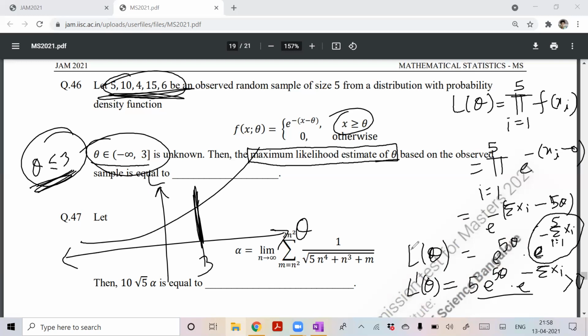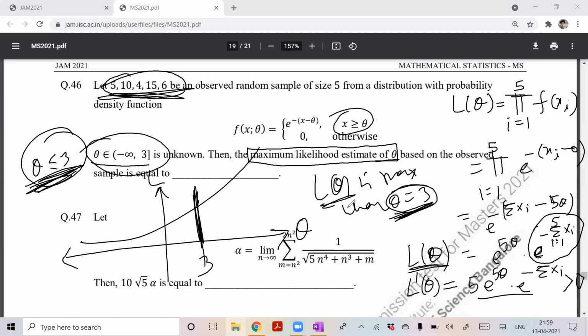So strictly increasing function means what? When theta increases, likelihood function increases. If function f(x) is strictly increasing, it means when x increases, y increases. So here theta can take maximum value 3. So L theta can take maximum value when theta will be 3. So I can directly write, since it is a strictly increasing function and theta has the upper bound 3, L theta will get the maximum value when theta will be 3, because at 3 L theta can take its maximum value. So the answer for this question is theta equal to 3.